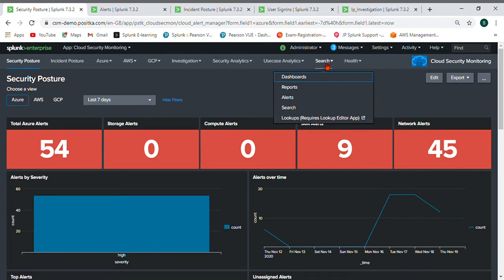And moving to the right, so we have the search option where we save all our alerts, dashboards, and reports. And we do have this resource usage statistics dashboard as well. Okay,